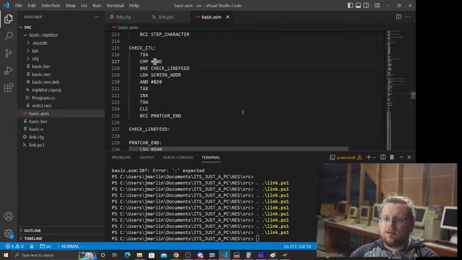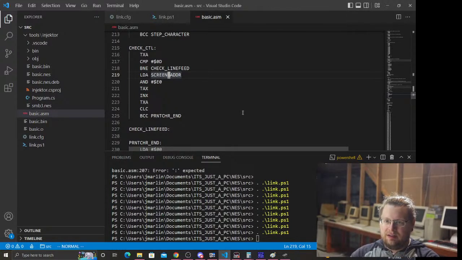Okay, so we compare, and if whatever was in A and the literal 0D were not equal, we go to check line feed. But presumably they are. So we load the screen address, the value from the screen address variable, which